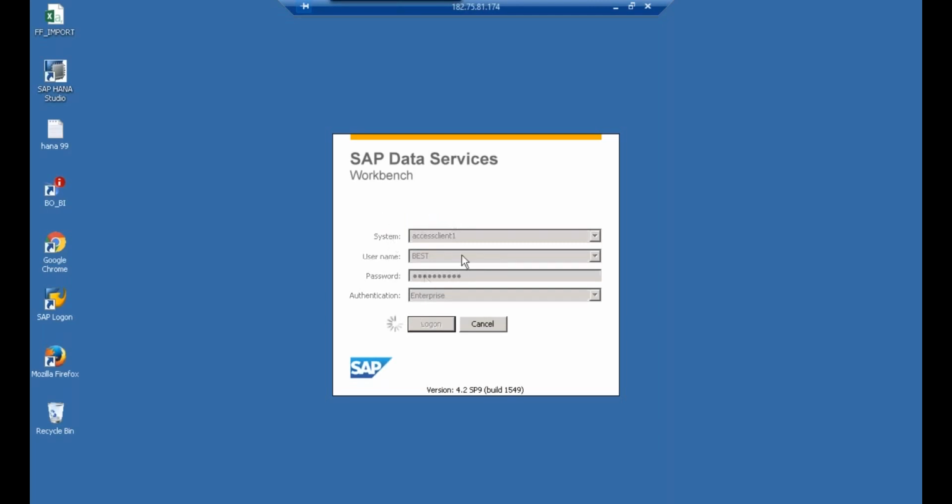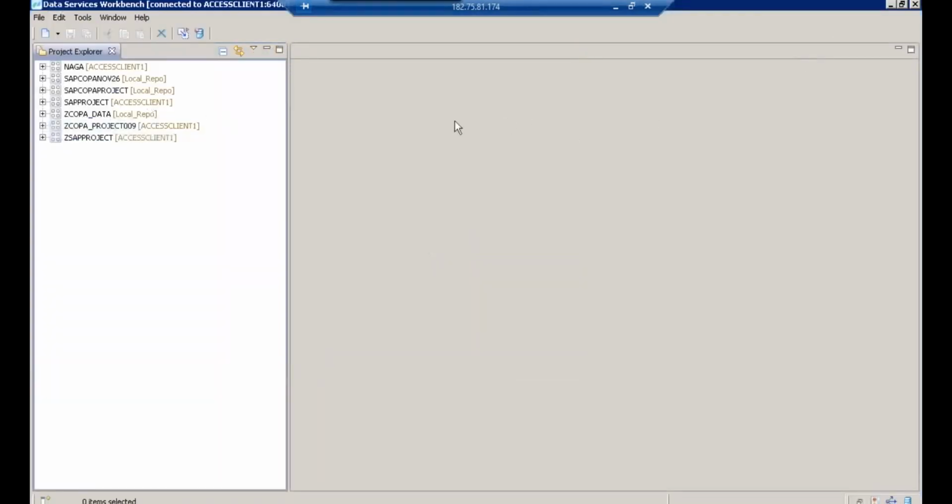So I'm logging into Data Services Workbench. Now once we log in, what I would like to show to the participants is how we can integrate to non-SAP. So in order to integrate to non-SAP,